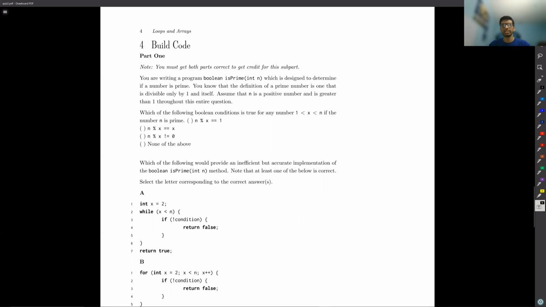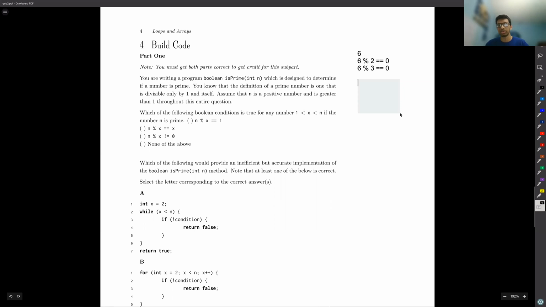So as an example, let's say I was to have the number 6. So if I'm to draw a little text box and I check 6. Well, 6 is not a prime number because 6 is divisible by 2. And I can write this as 6 mod 2 is equal to 0. Or in fact, 6 mod 3 is equal to 0. And the issue with this is that, well, 2 and 3 could be x's, right? It should be true for any number. And since 2 and 3 are both numbers between 1 and 6,